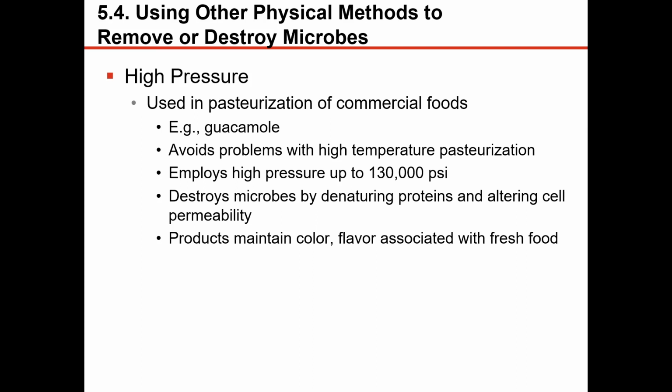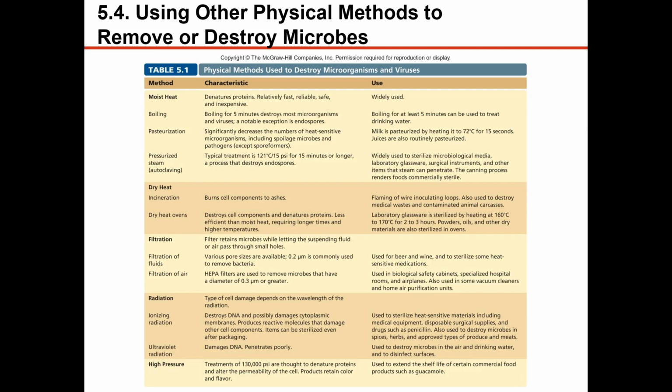But if we increase the pressure from 15 psi that we find traditionally in an autoclave up to 130,000 psi, then we're going to ensure that there's going to be nothing living there either, because 130,000 times the amount of pressure that you feel right now is going to crush anything. And so it's ideal for those type of foods. Anything else would just be turned into mush and would not be a good use of high pressure. So here's a table. It has all the different ones that we talked about. A good place to start for any sort of